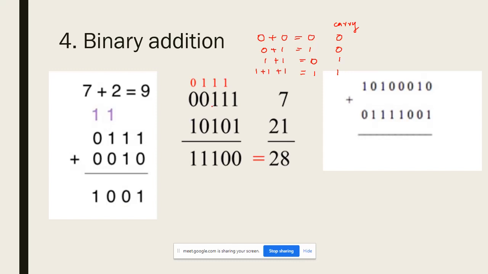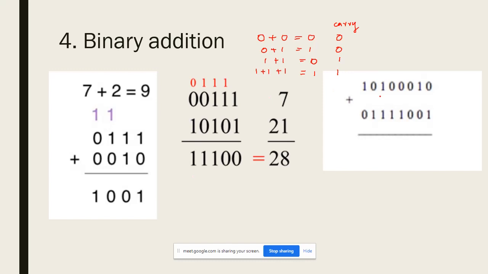Similarly, for a 5-bit binary, that is 0 0 1 1 1, which corresponds to 7 only, if you are trying to add a 5-bit binary to a 4-bit binary, just add a 0 in front of it. The addition here is 1 plus 1 is 0 with a carry 1. Again, 1 plus 1 is 0 with a carry 1. Here it is 1 plus 1 plus 1, therefore the answer is 1 with a carry 1. Again, 1 plus 0 gives you 1, and 0 plus 0 plus 1 gives you 1.